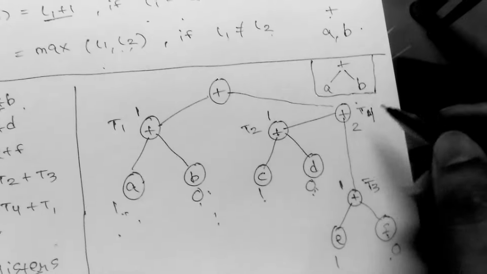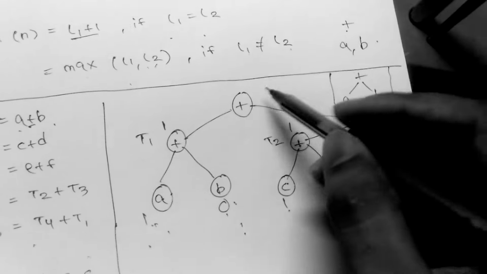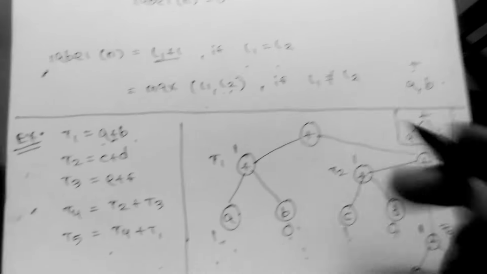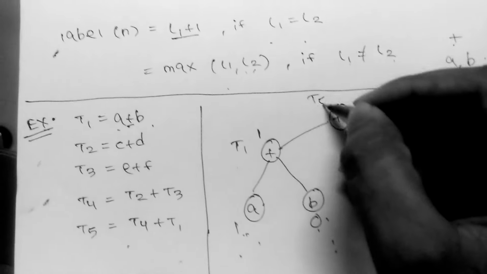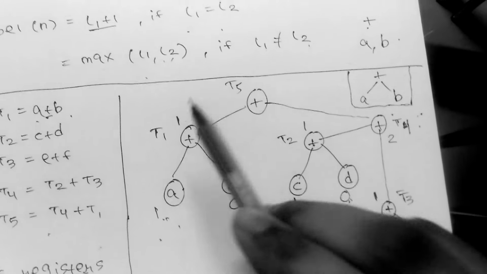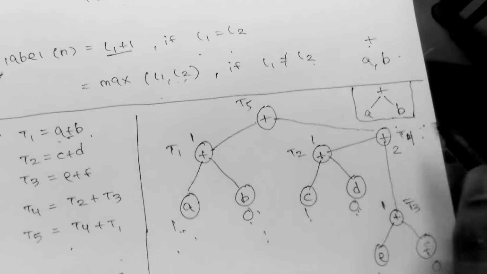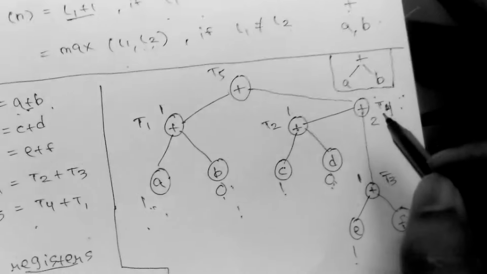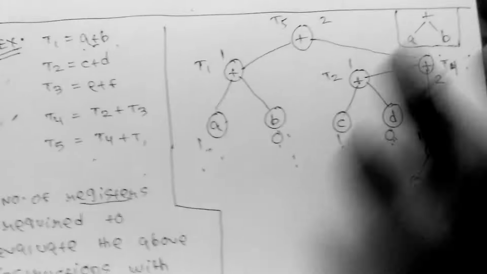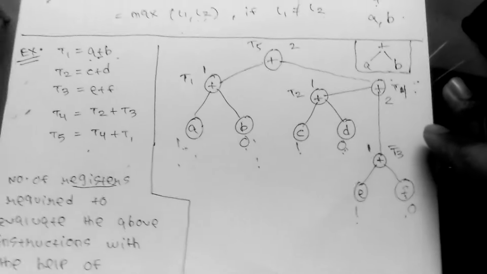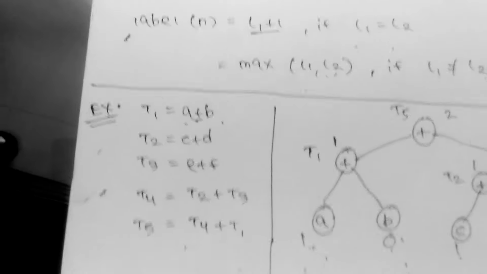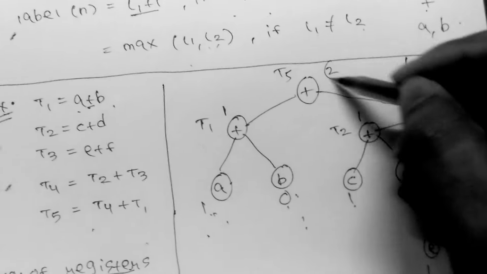Now we got the value of T4 and we got the value of T1. So now this remains. Basically it is our T5, right? So now we have the rightmost value as 2 and the leftmost value as 1. So which is greatest among them? These are not equal. So which is greatest among them? 2. So 2 will be assigned to T5. Okay, so here we have constructed the tree, and our root node value, the highest value, is 2.